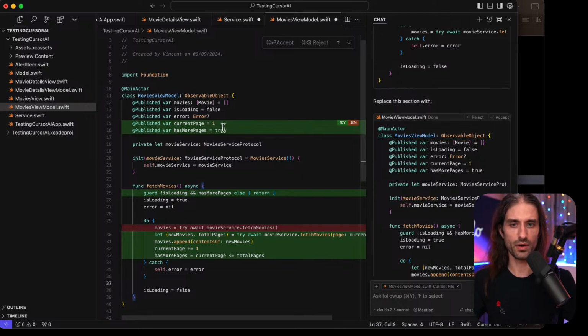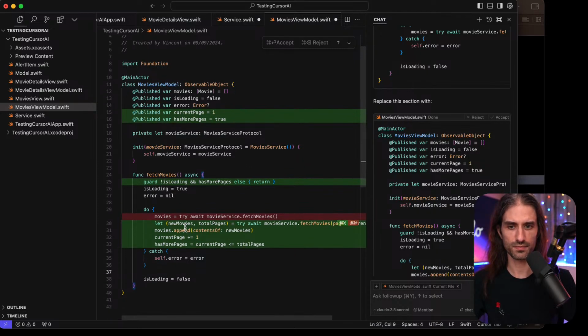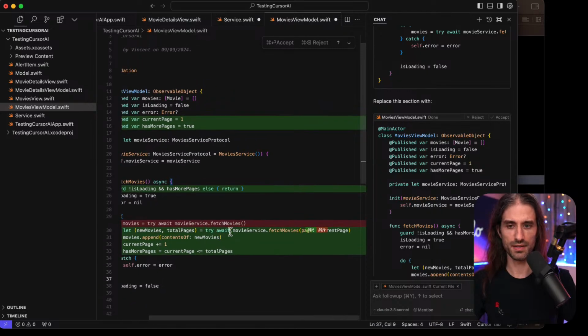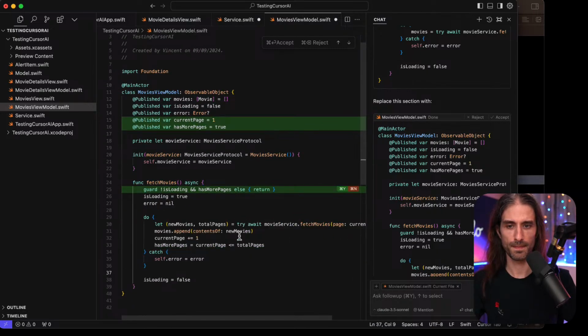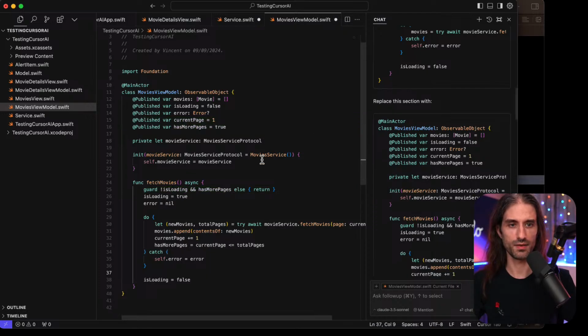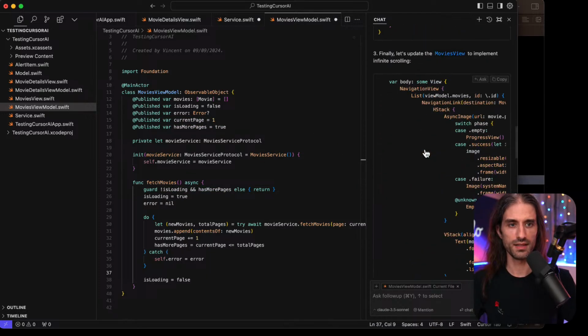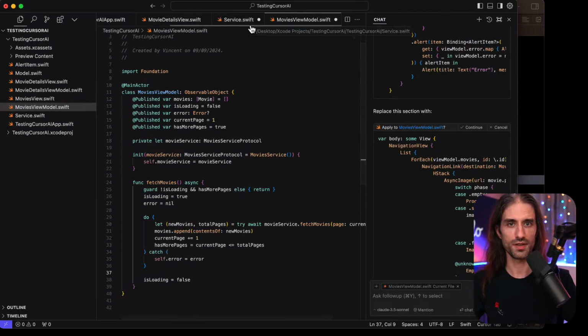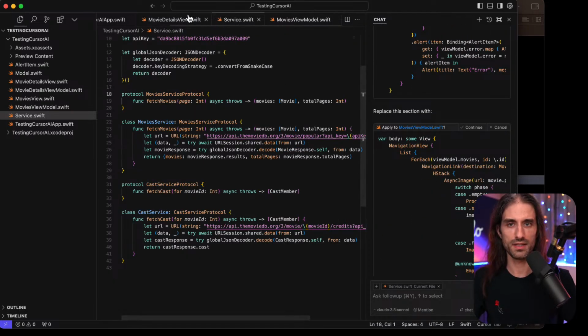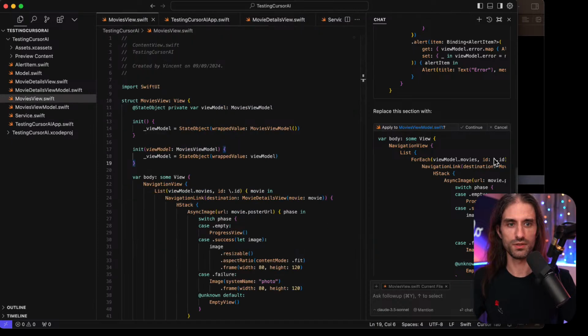It added the current page and has more pages, all right. Then it's appending, okay. All right, so this one, I'm accepting everything, it's correct. Then let's go into movies view. So once again, I need to go manually into movies view.